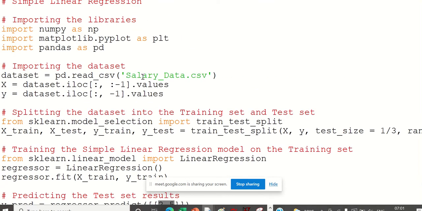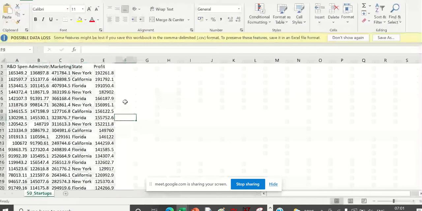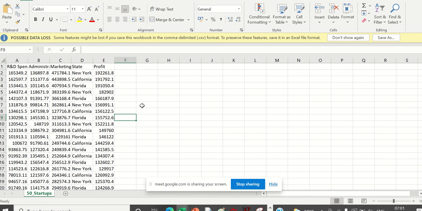Now there is a new data called 50 startups. This is the data of 50 startups. These are startup companies that started say 3-4 years ago, and this shows how they have performed.